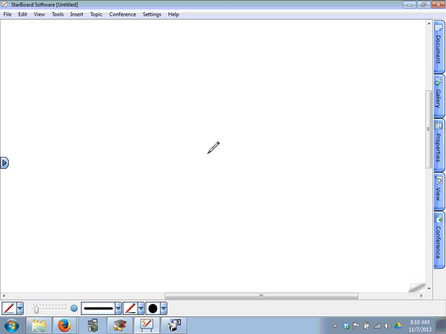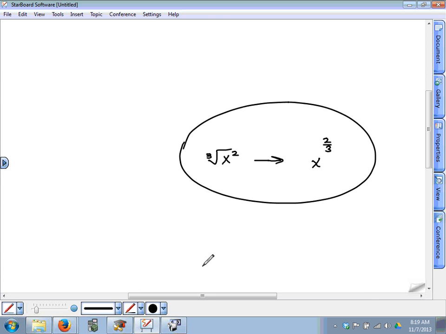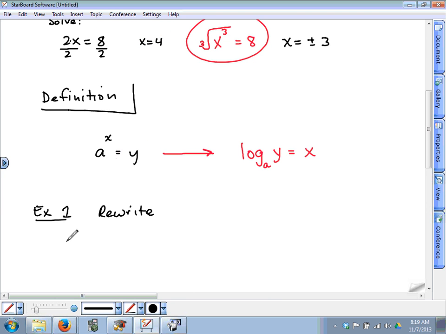If I gave you something like the cube root of x squared, do you remember from last year you could rewrite that in a different form using rational exponents? X to the 2/3. What we're doing now is similar to this. These two things mean the exact same thing. They're just written differently. So in example 1, if I gave you log base 2 of 8 is equal to 3, and asked you to rewrite that in exponential form,